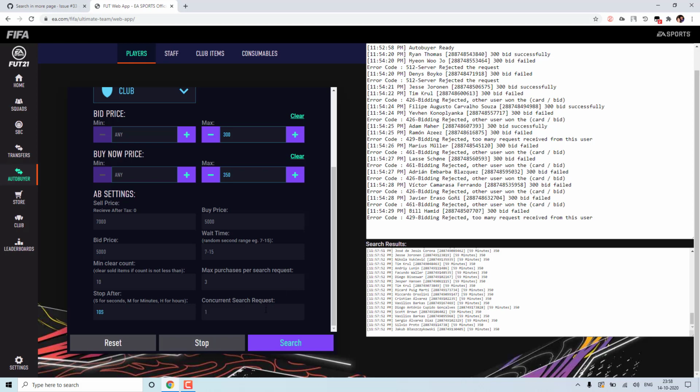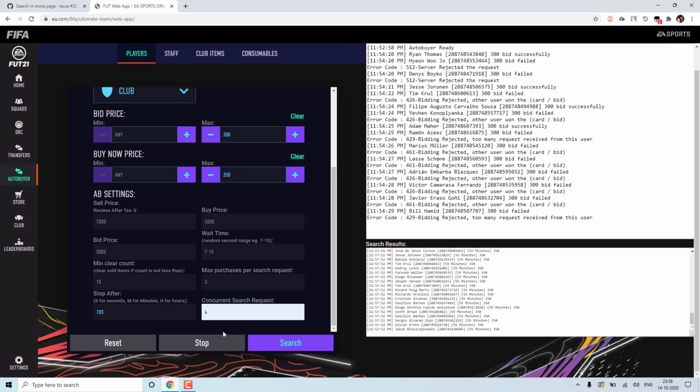And this concurrent search request: by default we will always send one request at a time. Okay, and if you are sniping for some very rare cards and you are not able to get that card, you can use this concurrent search request. The max value you can set is 4. So it will simultaneously send 4 search requests and try to bid on all 4 responses simultaneously.